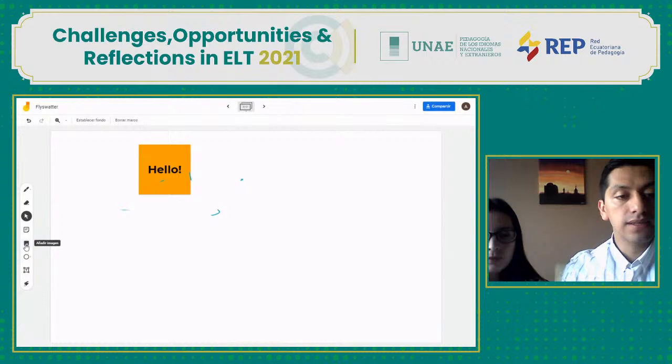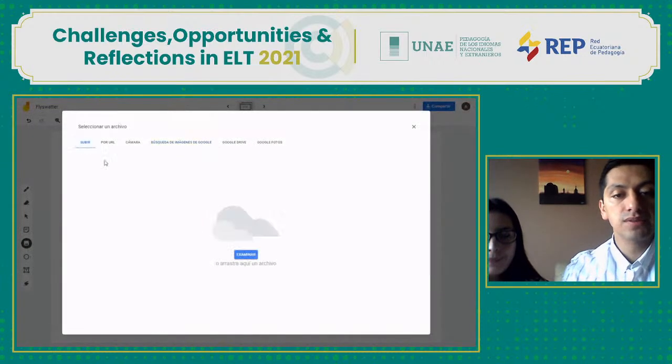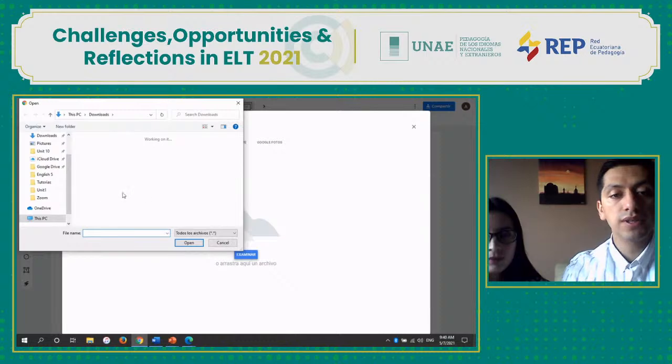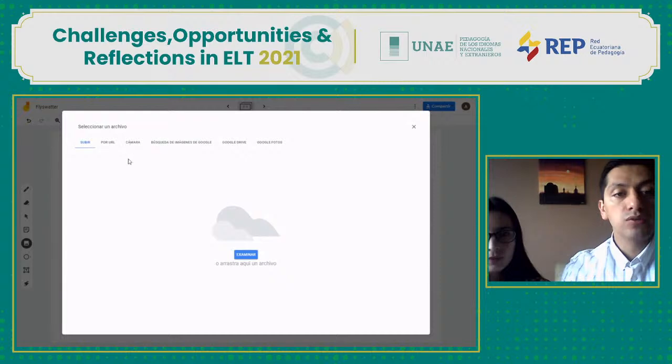The next one is the image option. And here you have different ways to upload images. The first one is that you can choose pictures or images from your own computer. Just click here on search, and then you can look for your images in your folders and add it to the board. Also, you can use your camera, but I think the most useful way to include images in the Jamboard is by